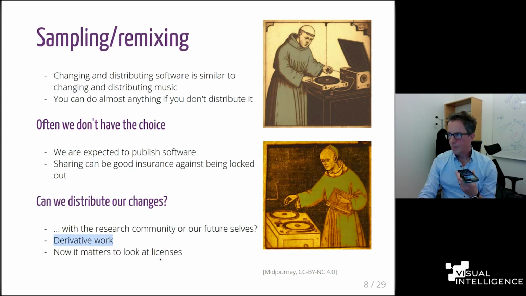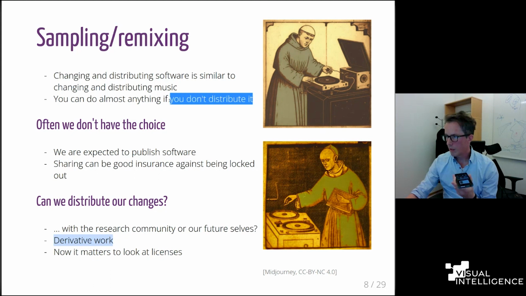You can take code from the internet and mix it any way you like. You can change it if it stays in your office, if it stays in your home, in the same way that I can take music records to my home and resample them and remix them. This is totally fine. It will start to be a problem once I want to share it and sell the remix. So I can do almost anything if I don't distribute it, but in open science, we want to distribute